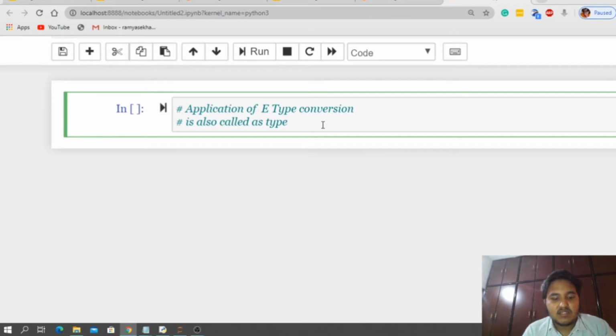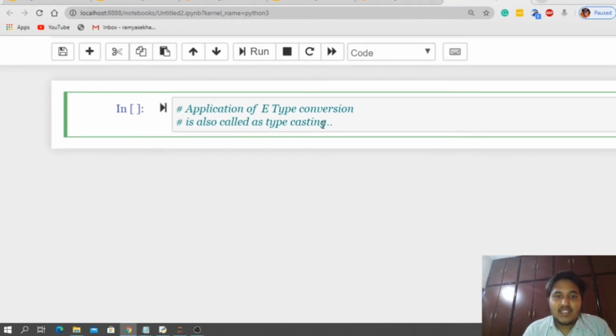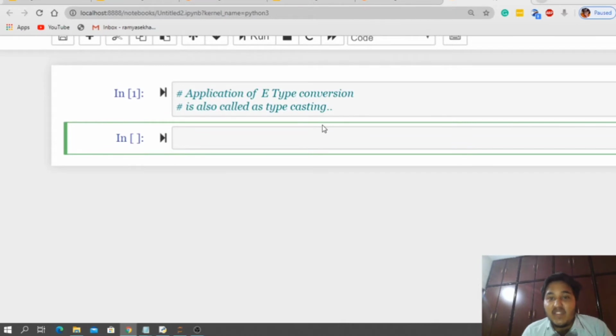Explicit type conversion is also called typecasting. Now let us talk about what inbuilt functions are there for explicit type conversion.